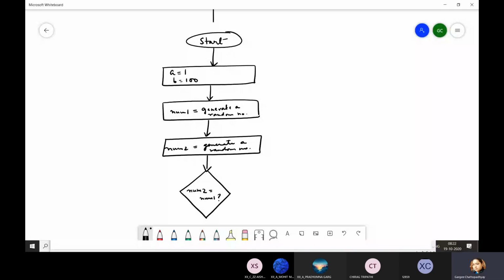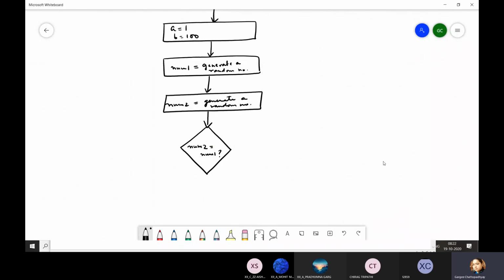Here I have used the single equal to. Why? Because I am not using any particular programming language here. I am simply concentrating on the logic of the program without thinking about the syntactical rules specific to any programming language, right? So I'm checking, is num2 equal to num1?